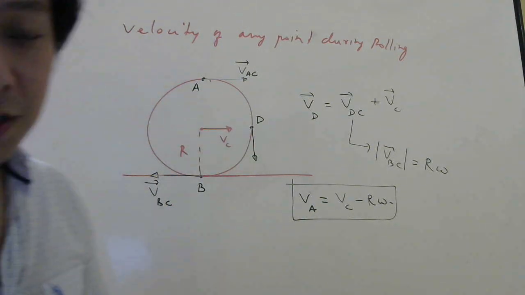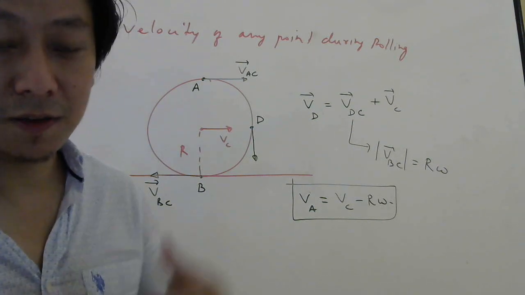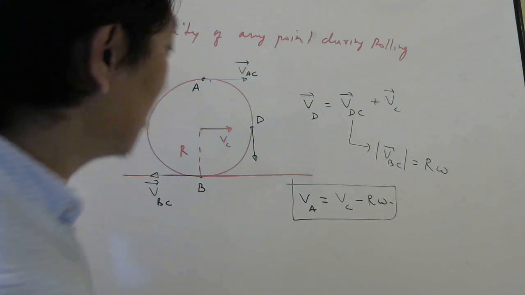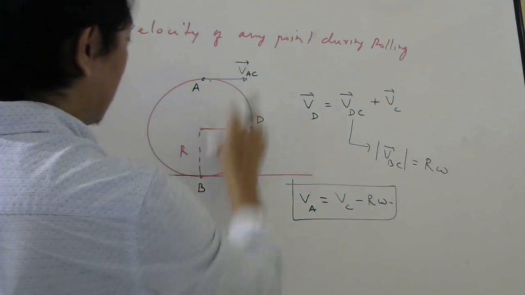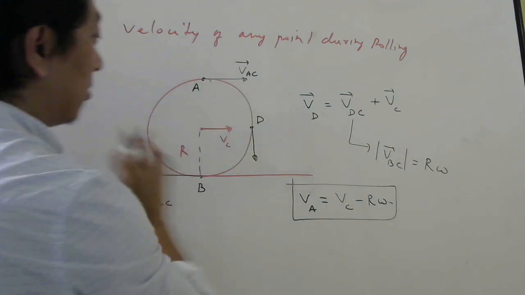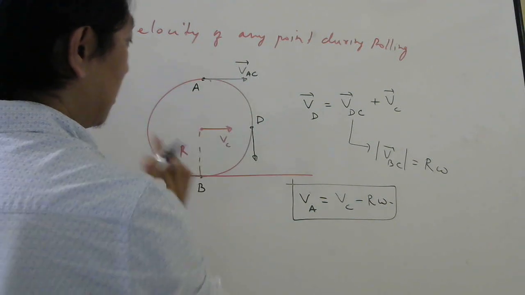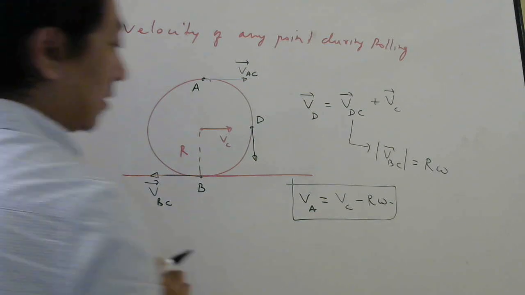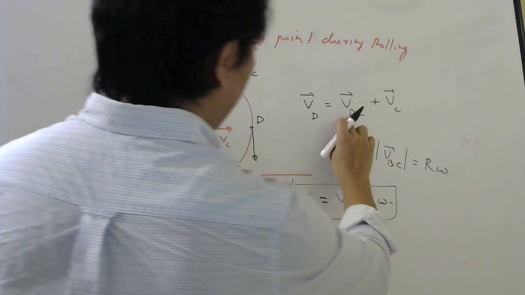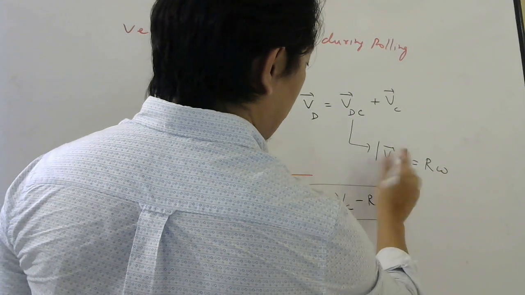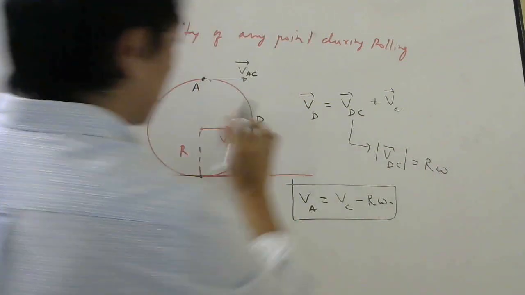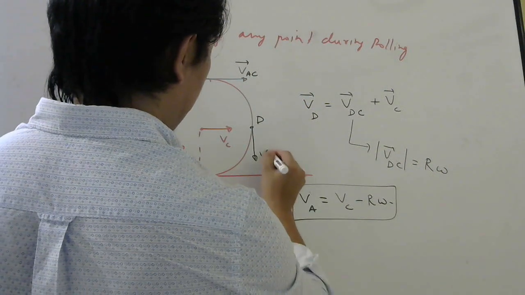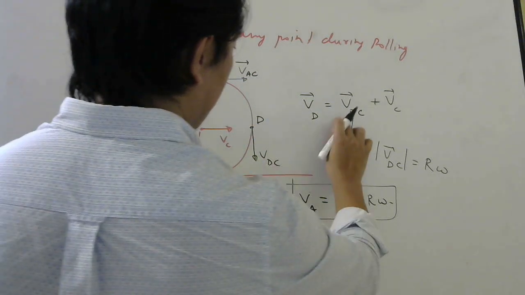If your car is moving and I sit in the frame of the car, then for me the car is at rest. Other things will be moving, but the car is at rest, no? So if this is at rest, all the other points will move in a circle because this is a rigid body. So this distance cannot change, this distance cannot change. Therefore, every point should go in a circle. So if you look at this point, now where is VDC? Magnitude will be r omega only for this point. Understood or not? But now you have to add this vector, this is VDC, with this vector.